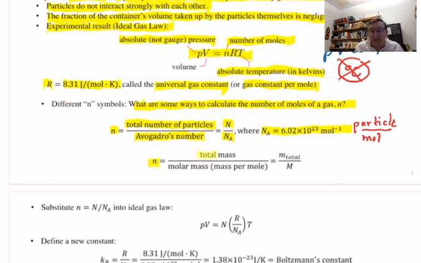Take the total mass of the gas. Could be in grams or kilograms. Those are the two most likely. Divided by what we're going to call the molar mass, which is the mass per mole. You might have heard that called atomic mass, atomic weight, and all kinds of terms. But you take the total mass, M total, let's say it might be, for example, in grams, in g, over the molar mass, the mass per mole, your book symbol there is just a big M, and that would be in